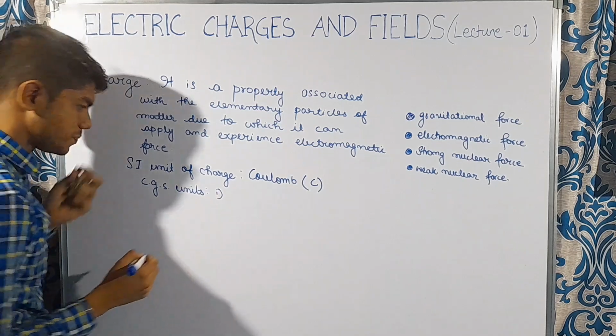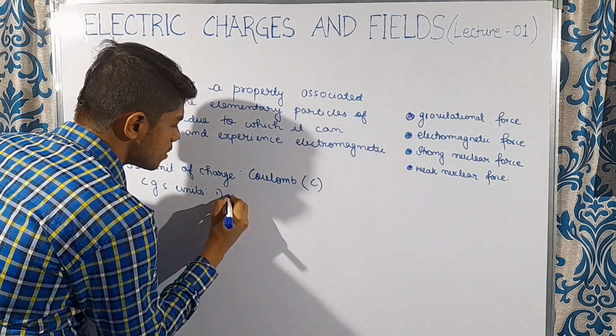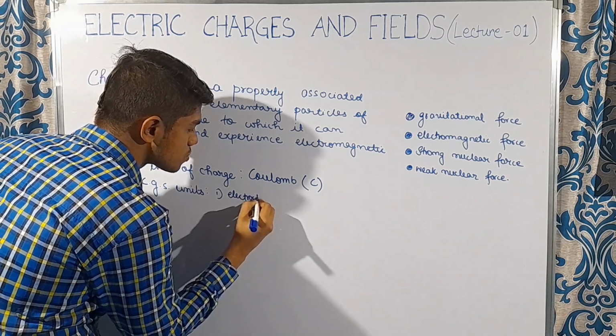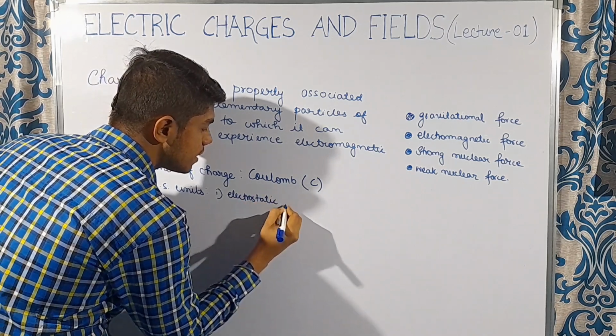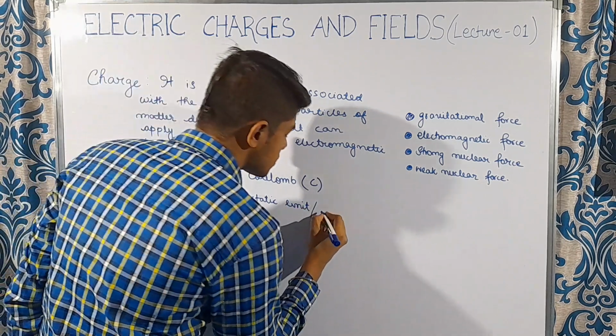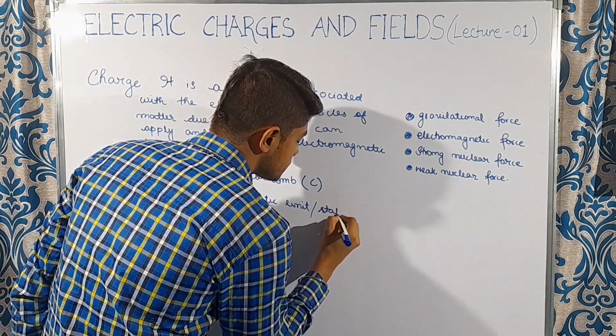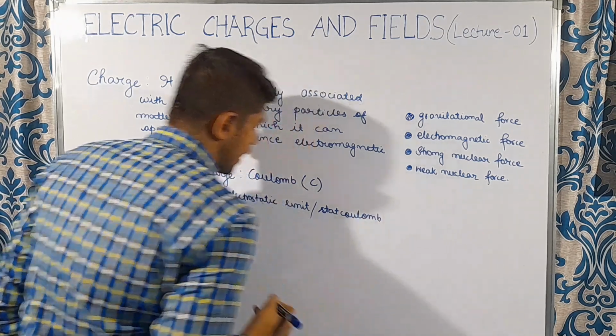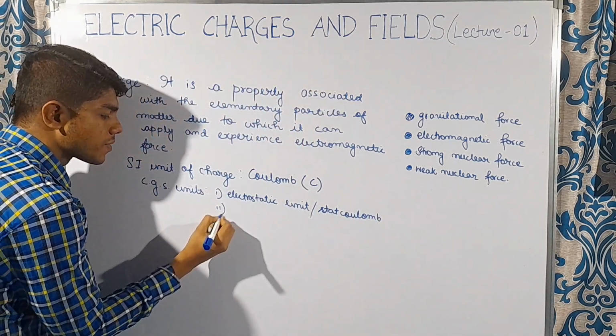One is the electrostatic unit, which is also known as stat coulomb, and the other is known as